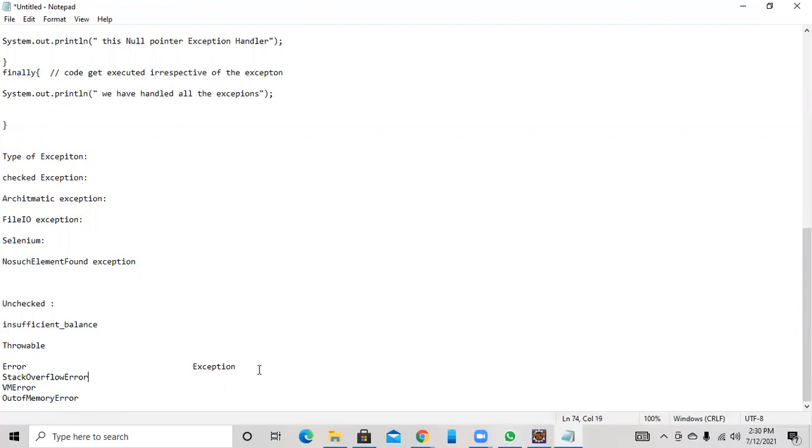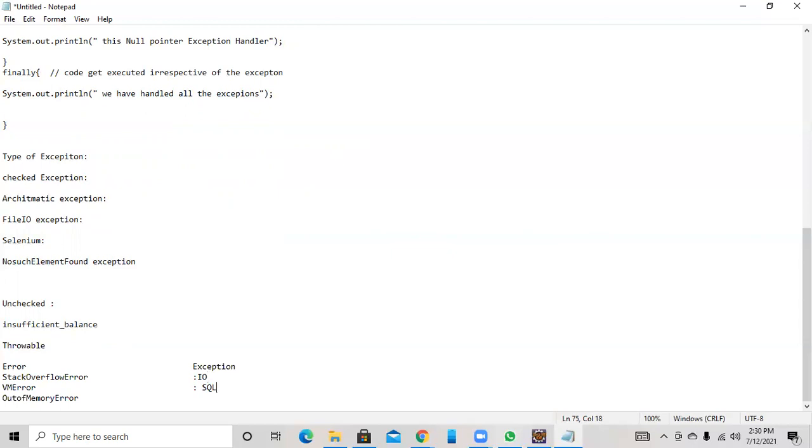Coming to Exception, what types of exceptions do we come across? We have IO exception, SQL exception, when dealing with SQL queries, class not found exception, and runtime exception.